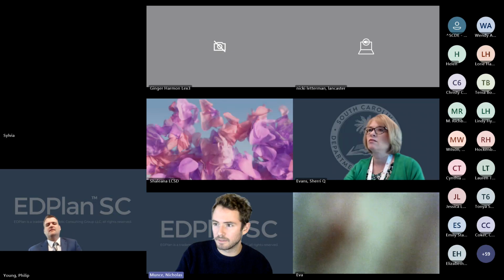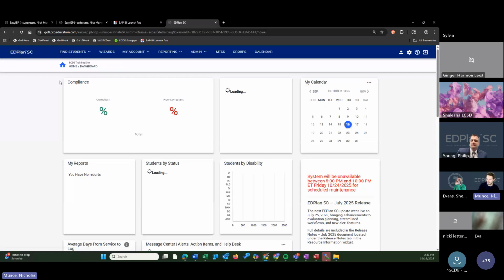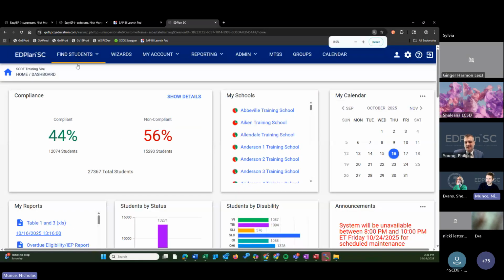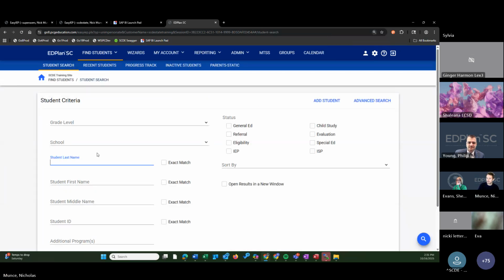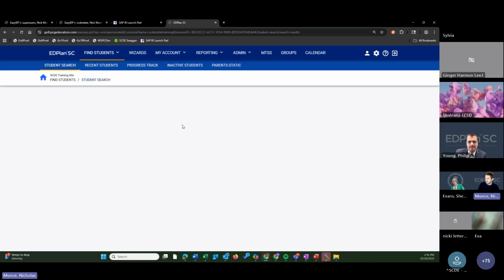So I've just reactivated my student. Apologies for that. I had done this once getting ready this morning and I can't do it twice in the same day. So that was my issue. So now I'll go refine my student, and this student is now active again. So I've just completed step 1, which is to reactivate them.